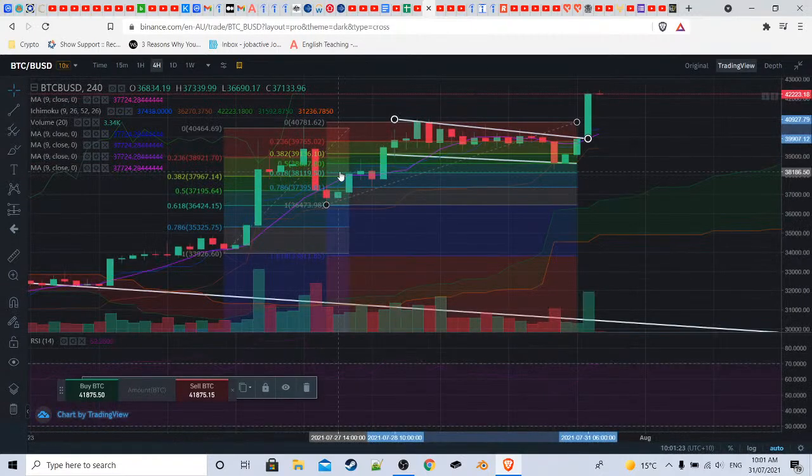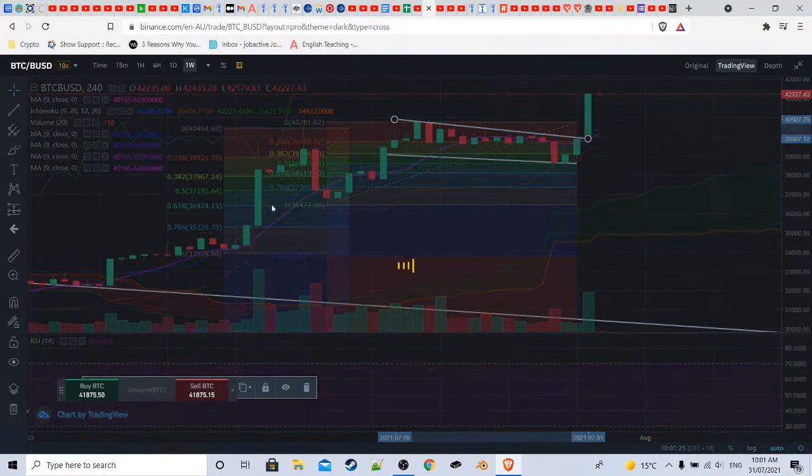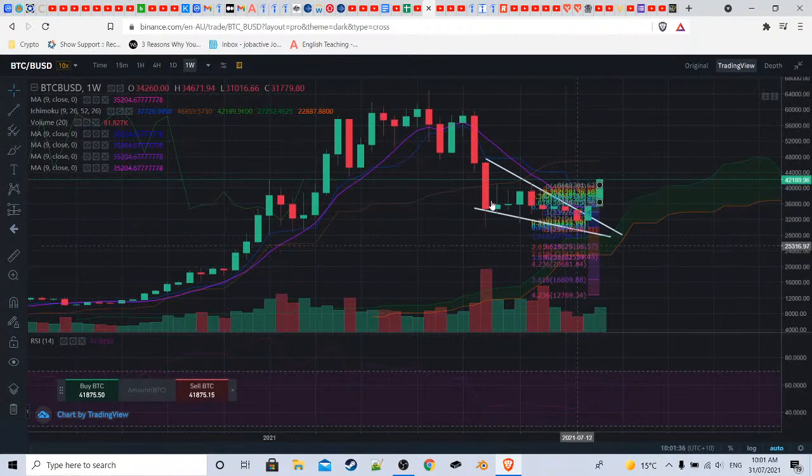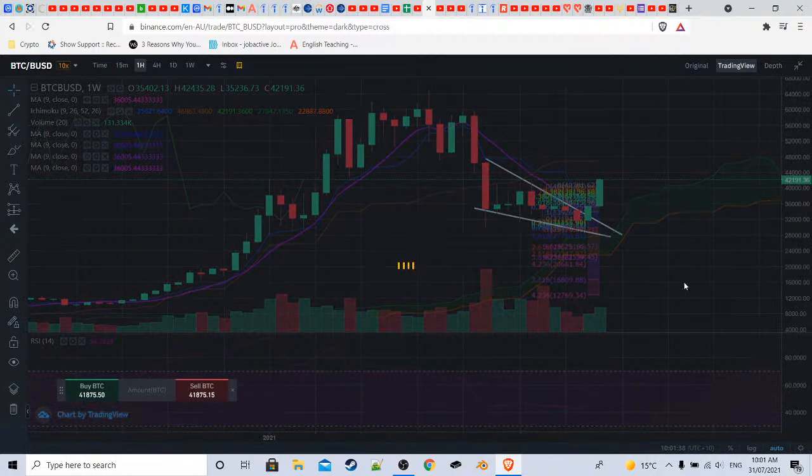So if you're just doing weekly long-term trades, you've got nothing to be concerned with. Basically, you're just going to keep holding. So this is the weekly chart. I've got the Ichimoku cloud in there. A little bit messy with those Fibonacci. I'll take off the Fibonacci retracement points, which I had on the